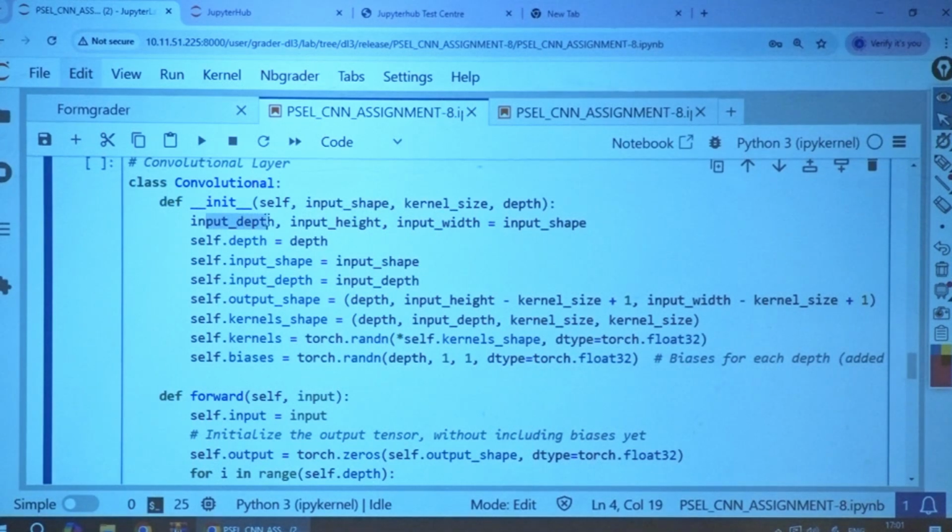One is the input number of channels, if it is a color image, 3. Next, input height and width. Then this depth is the depth of your convolution operation, nothing but the number of filters to be applied.